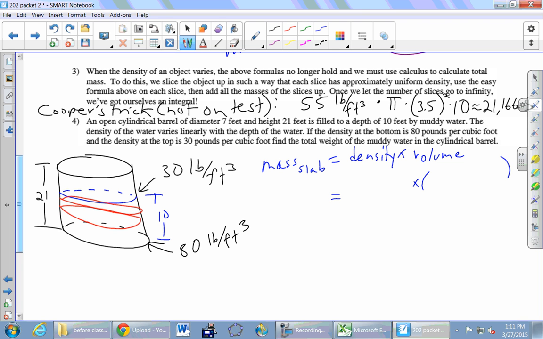And we know the formula for the volume of a cylinder is pi times the radius squared times the height. So pi times the radius is still 3.5, that's easy, and then squared, and then times the height. So how about we give a name to the height? Delta H. Delta X is fine, but for me it's a little change in height. So times delta H. That's a multiplication symbol.